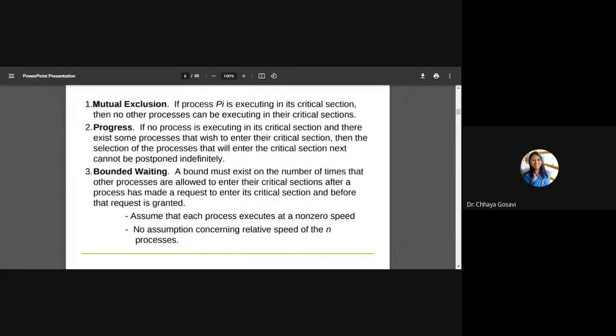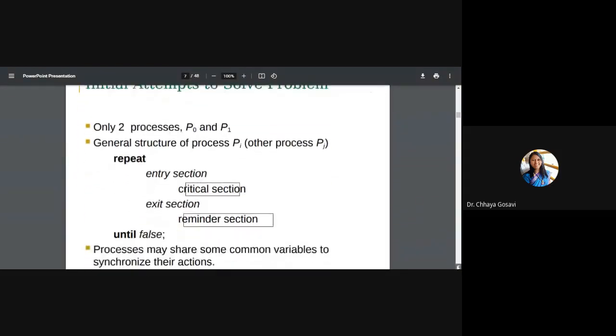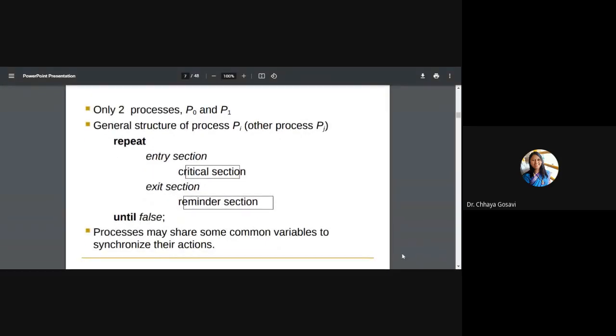First one is mutual exclusion. We have to ensure that only one process at a time enters the critical section. There should be progress and there should be bounded waiting. Then we'll see attempts to solve this problem. The initial attempts were with only two processes, P0 and P1.